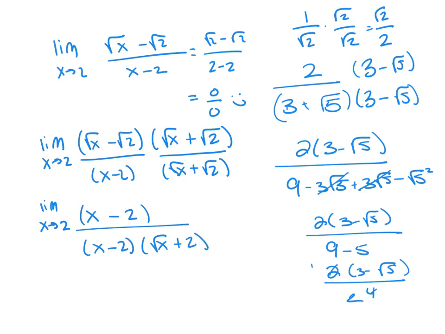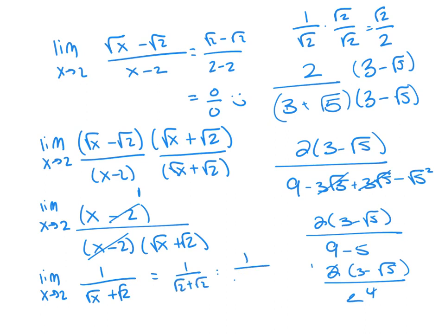And here I see that I get to cancel out the thing that was making me have an indeterminate form. So I'm left with the 1 in the numerator, and I have the limit as x goes to 2 of 1 over root x plus root 2, which is 1 over root 2 plus root 2, which is 1 over 2 root 2. You're welcome to rationalize that and get the square root out of the denominator if you want, but it's not